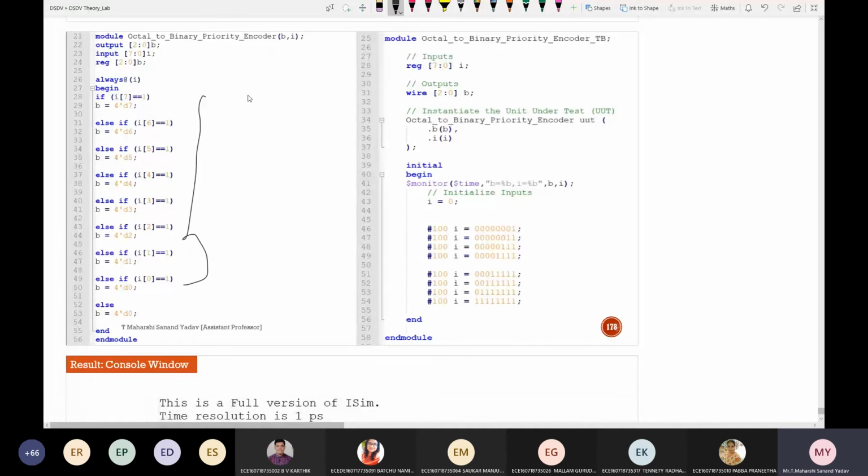As it is octal to binary, which is 8 cross 3, I'm checking for I7, which has high priority, and after that 6, 5, 4, 3, 2, 1, 0. Else it should be 0, or else you can take don't cares also here. And next, $monitor and all these are the test vectors. You can give any test vectors, but the important thing is to check that the logic satisfies the truth table.